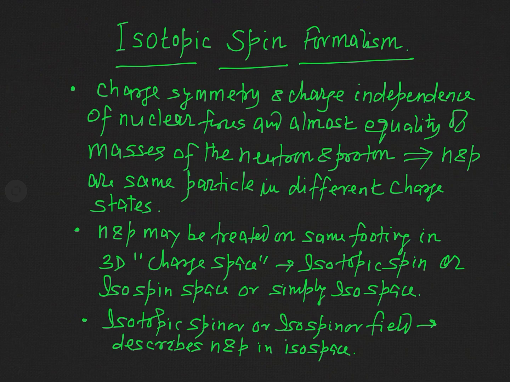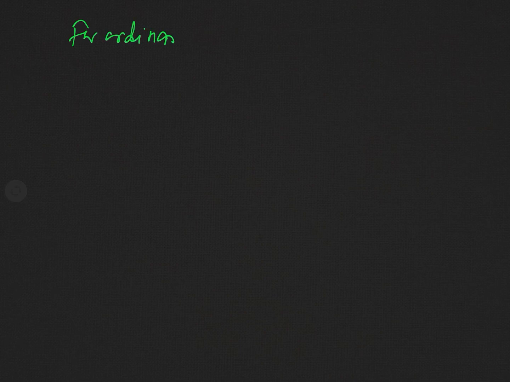And on the line of the ordinary spin, we develop the algebra of isospinor. So see here, you have definitely taken a course in quantum mechanics on the spin, and particularly the Pauli spin matrices. So for ordinary spin,